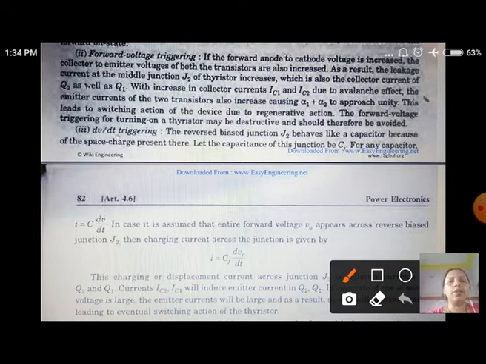We will continue with the topic two-transistor analogy of thyristor. Under the two-transistor analogy, we already taught the expression for anode current, and the gate triggering mechanism. Under gate triggering, we studied how the thyristor turns on